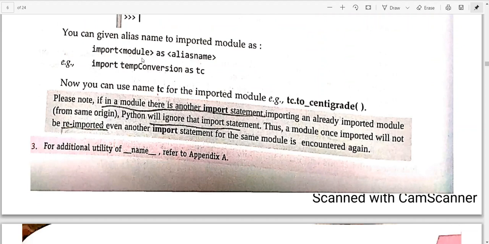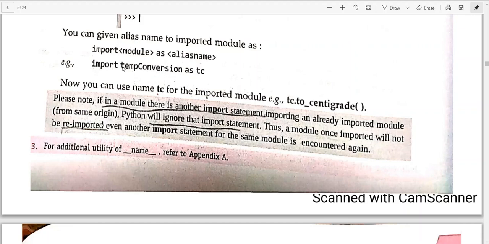And see, you can create other names for a module. If the name of the module you have given is a long one, you can create a nickname for it, that is known as an alias, like we have created in SQL also. So from temp conversion, we are renaming temp conversion as TC.